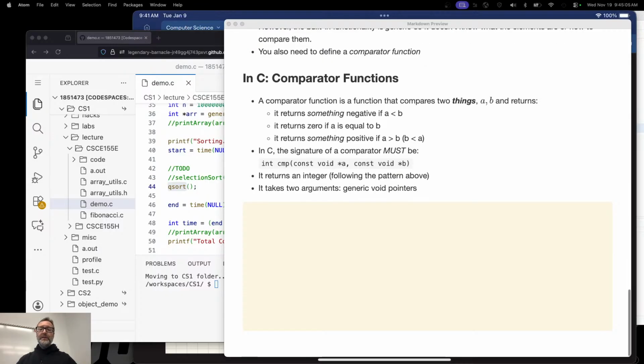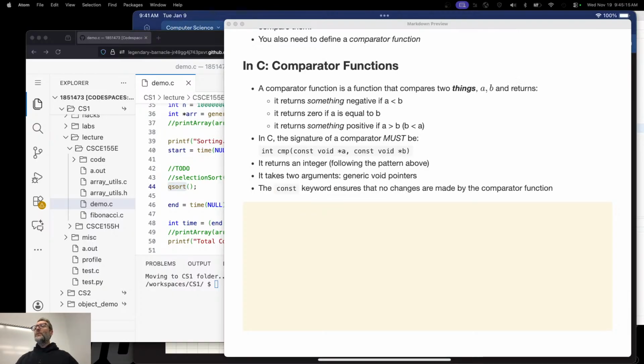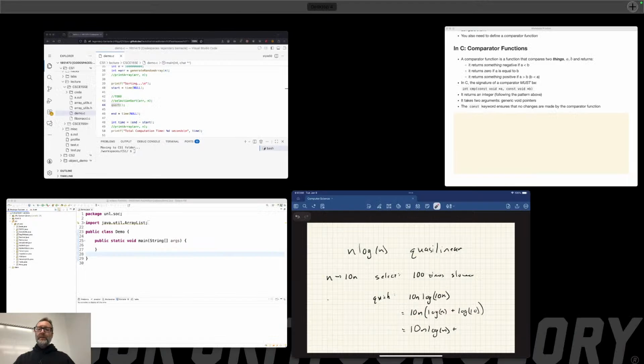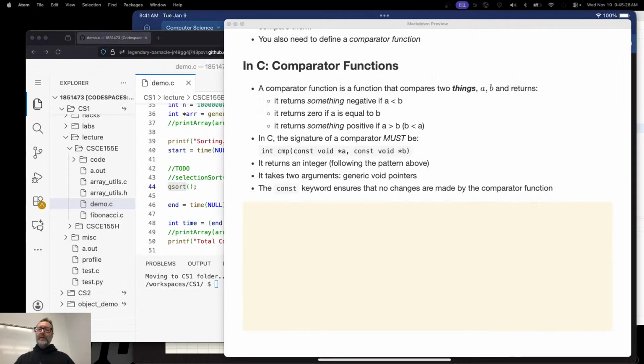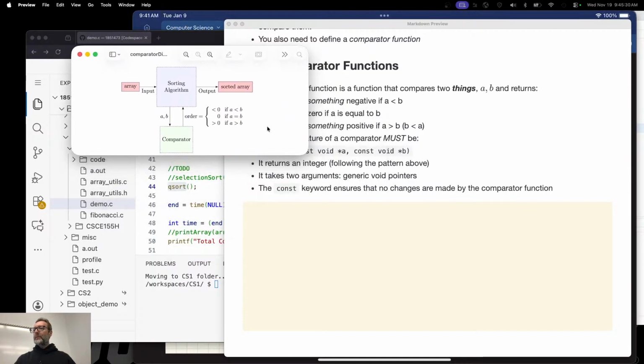Note that there's also a const in front of it. Why? Because we're promising that we're not going to make any changes in that comparator function. We're just looking at A and B and saying A comes before B, or they're out of order, or it's 0. Now, to understand this before we start writing these, let me go ahead and give you a diagram.